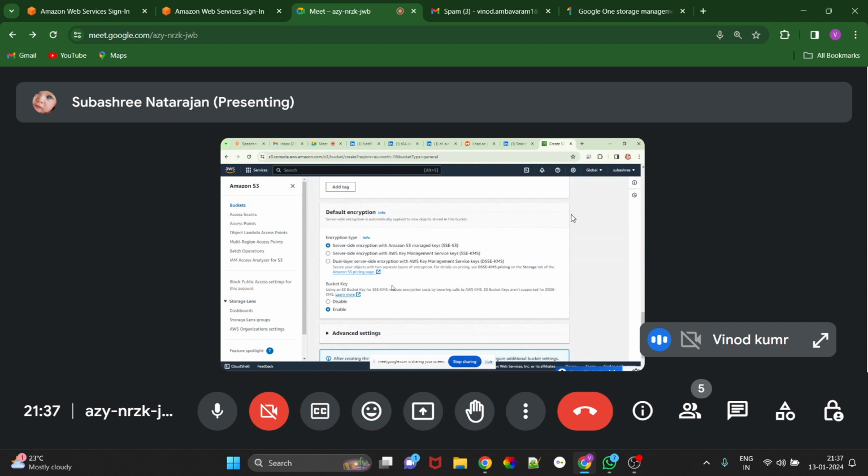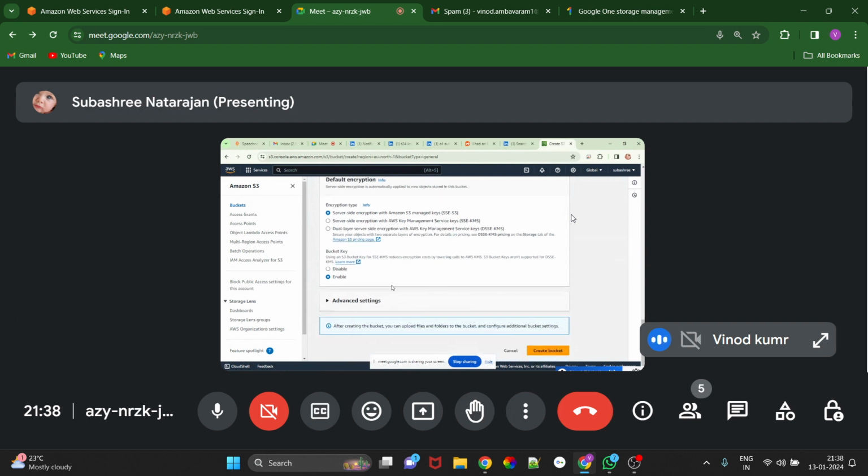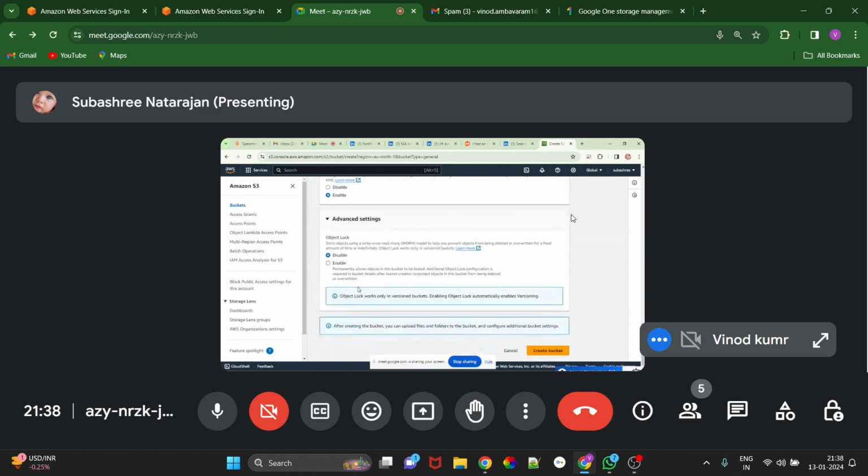It also acts as a safeguard for any dedicated hardware we are using; for that hardware, it provides security as well as safeguarding. Okay, and if you scroll down, we are not enabling that. If you scroll down and click on advanced settings, you can see what they mention.